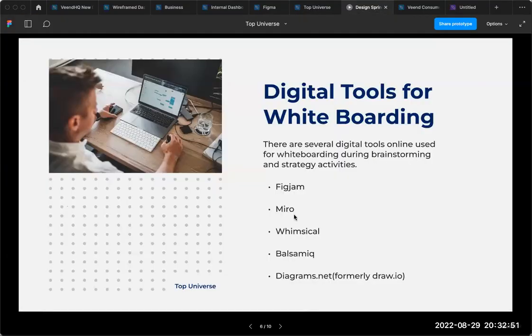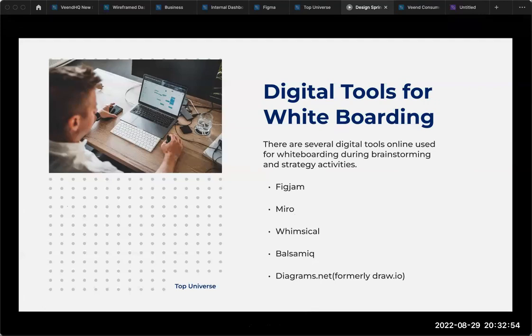So you have Miro. Let me go to my browser. Sorry, I need to ask, can you see my screen? Yes, we can. Okay, I'm on the Miro page right now. So I need to know if you can see that. No, we can't see your Miro page. We're still seeing your presentation on Figma. Okay, I'm coming.